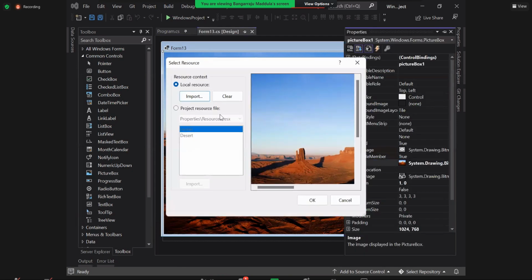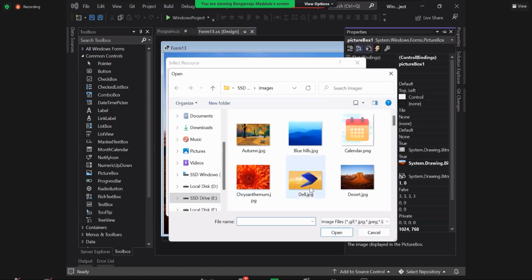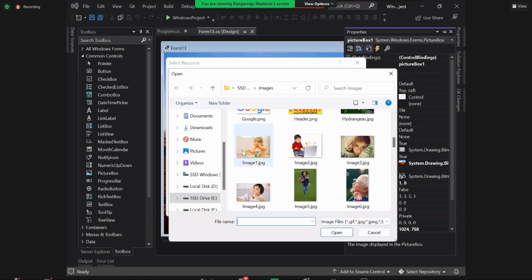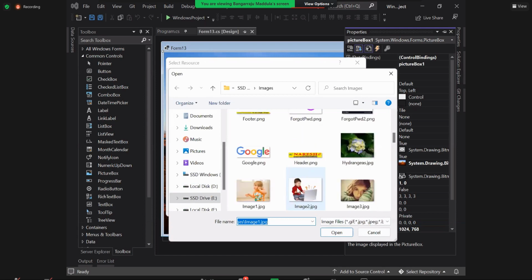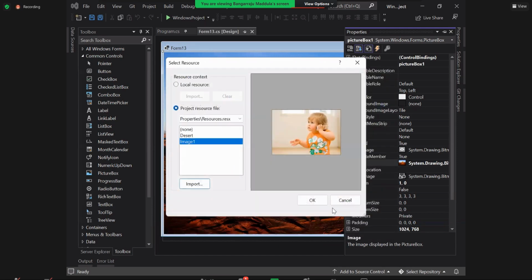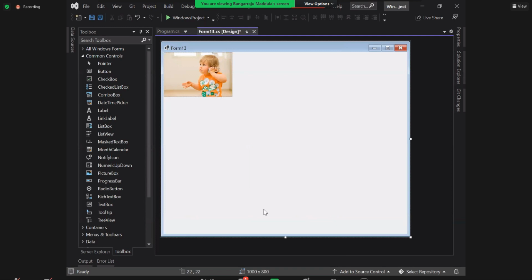You're loading a small image, import. Just a small image. Oh, sorry, not there. Import. The image size has decreased now. The picture box will adjust its size according to the image. Are you clear? If the image is bigger, the picture box will become bigger. If it is smaller, the picture box will become smaller. Understood? Stretch means